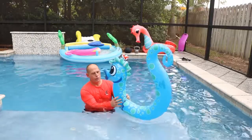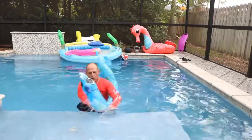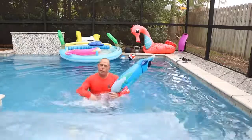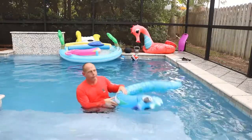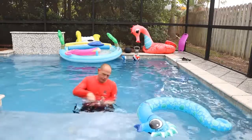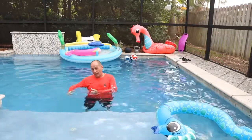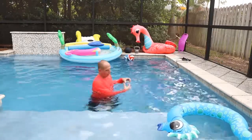Okay, so the washing machine, it's better to hold him so he's facing away, and then I can pull him through the water, wash, and then I can take one hand off and kind of move the water and splash him, and that just makes that water playing, splashing a lot of fun. And then as I'm doing this, I want to keep my hands underneath his arms, try to always keep his legs behind him because I don't want him standing up. That's the sinking position, floating in my hands. One ear in, other ear in, and